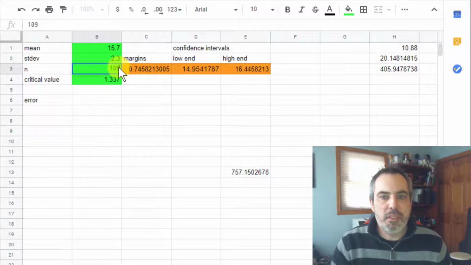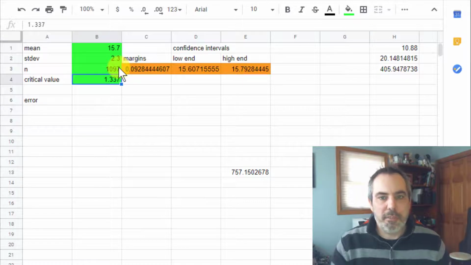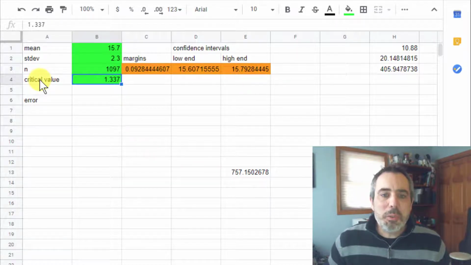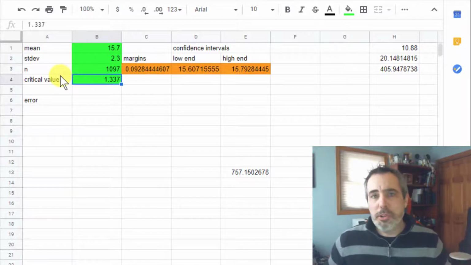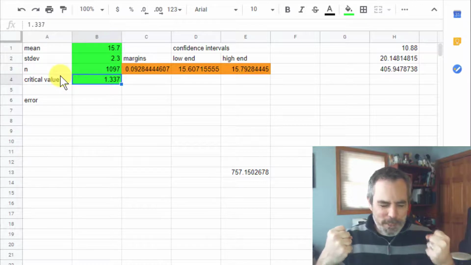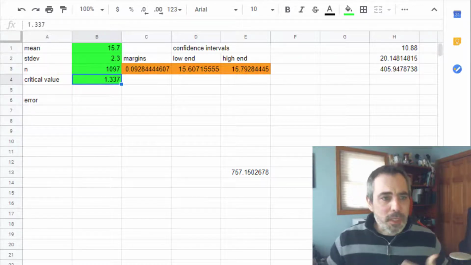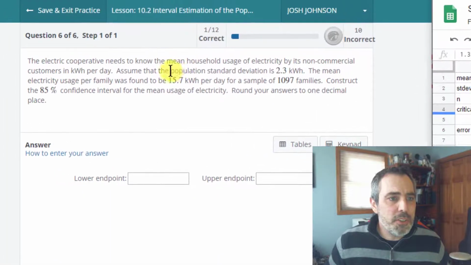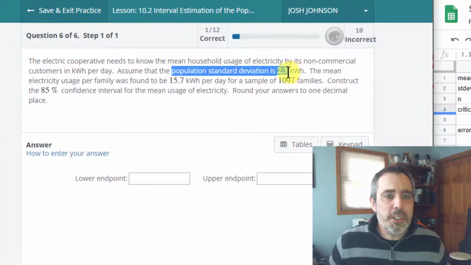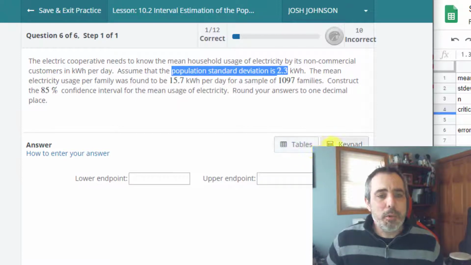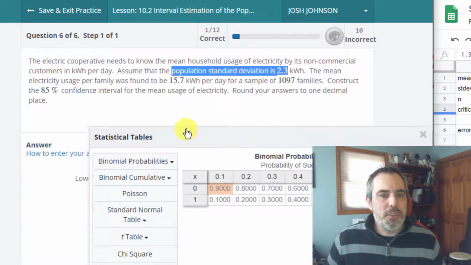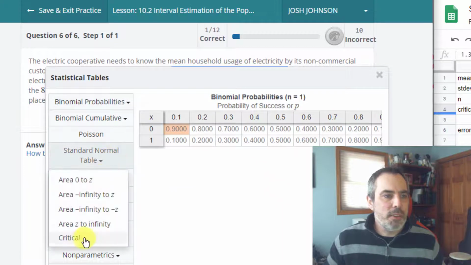And I have 1,097 families that is being sampled, and it wants me to construct an 85% confidence interval. Now, this critical value is based on whether or not you know or don't know the standard deviation of the population. In this case, the population standard deviation is 2.3, so I know it, which, if you recall, meant I use a z-score critical value. So in my tables over here, since I've got them right here, the standard normal table